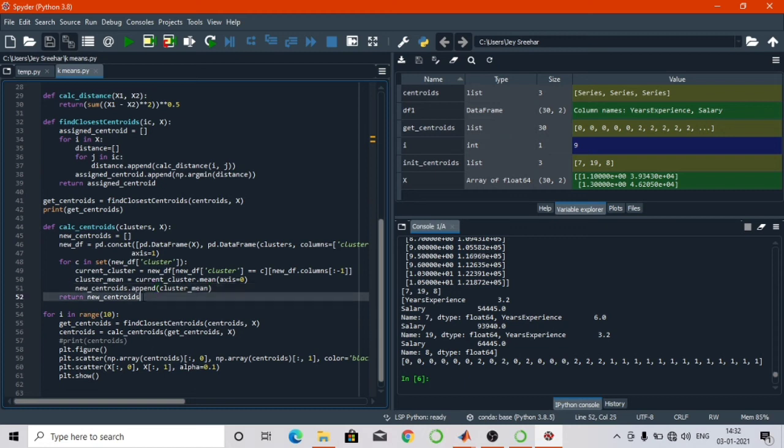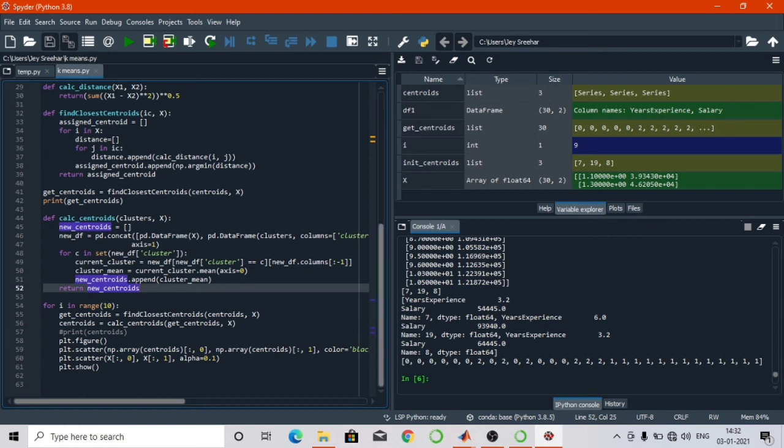So I am able to return the new centroids, and the values are present in the new centroids. If I run this code, using these two functions I can retrieve my output.